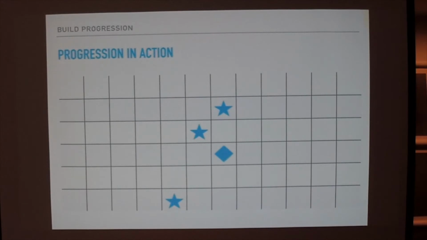Now, this is a stupidly simple example, right? Your game is going to be more complex than this, almost assuredly. But